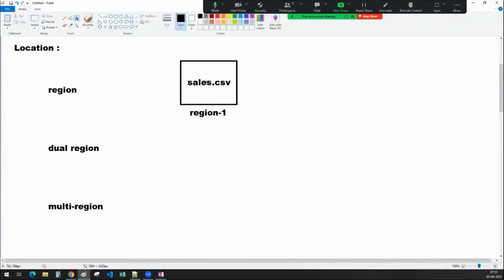So what happens if this region crashes? Think about it like this, guys. What happens if this region has a failover? All the data inside the bucket will be lost, right? So this may happen with a single region. When you select a single region, we do not know, there may be no failovers, but in any case, if a failover happens in that particular region, all the data inside your bucket will be gone. So that is the problem with the